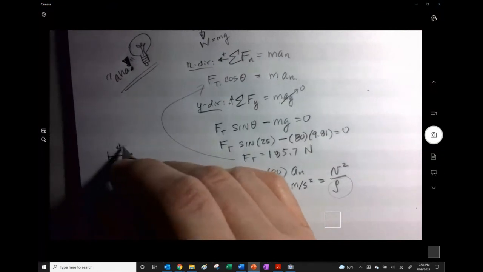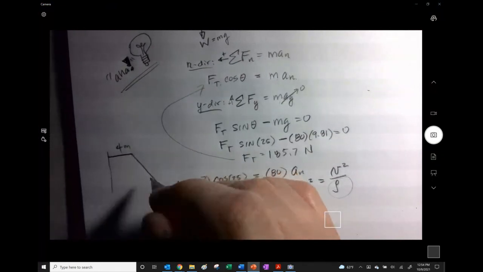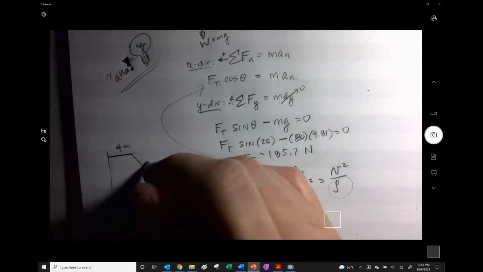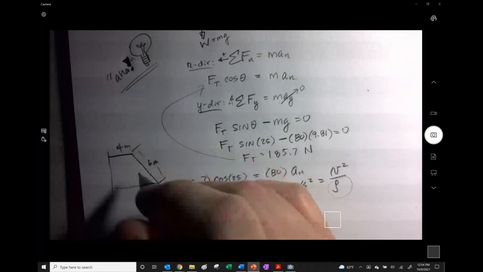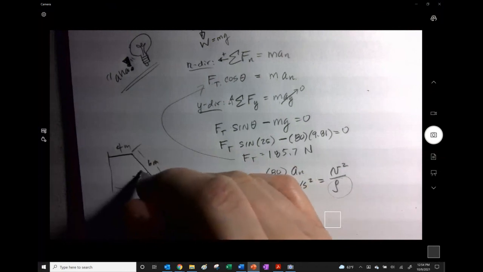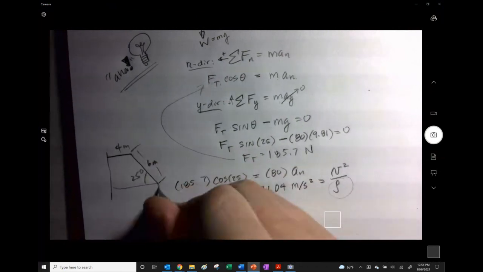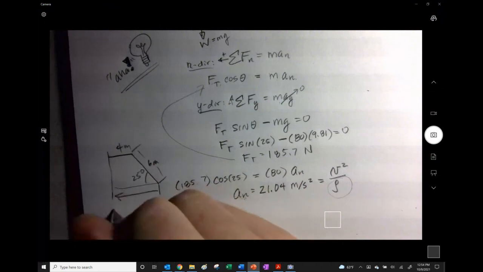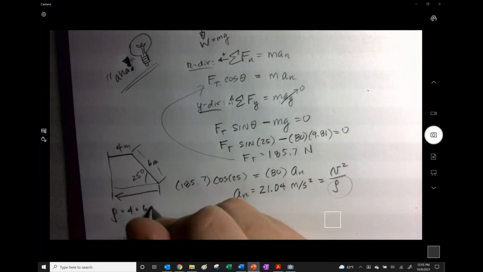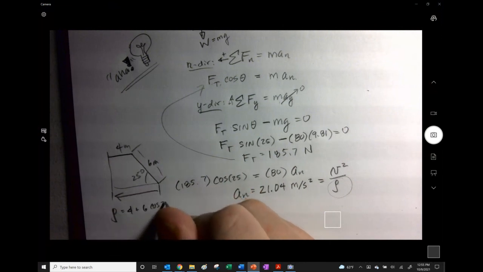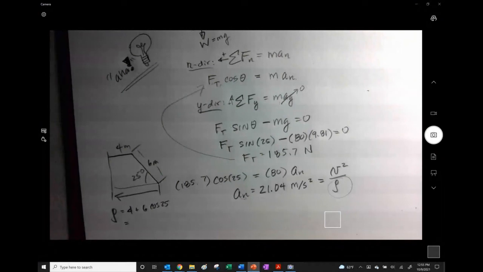There's 4 meters, and then this distance is 6 meters, which is pretty long actually. And then this angle is 25 degrees. So this distance right there, that's going to be the rho that we need, which is going to be 4 plus 6 times the cosine of 25. So we get